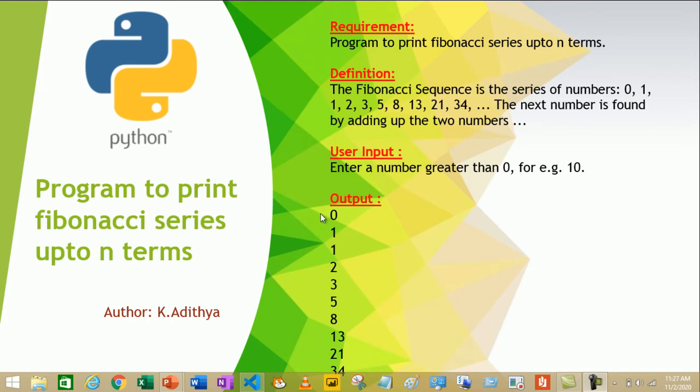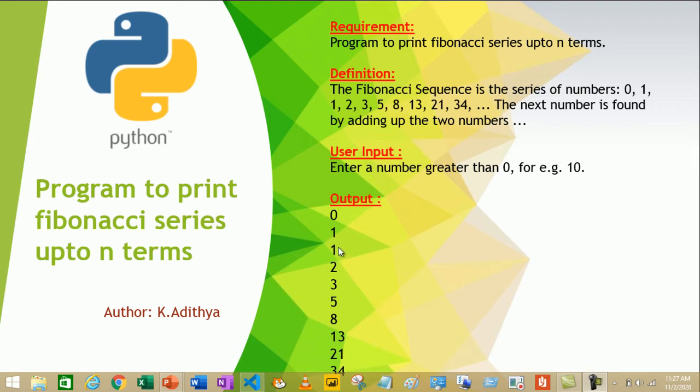First, the first two Fibonacci numbers are 0 and 1. We can find the next Fibonacci number by summing the previous number with the current number, which are 0 and 1. So the next Fibonacci number is 1. Okay, if we want to find the next Fibonacci number again, we need to sum the previous number with the current number, which are 1 plus 1, 2.